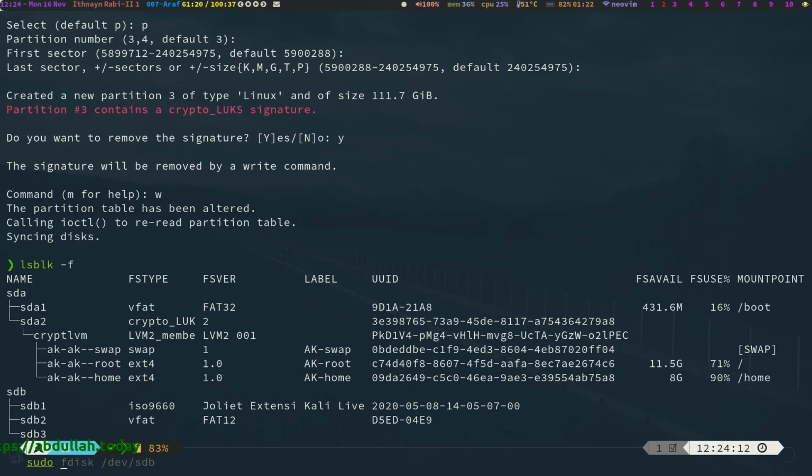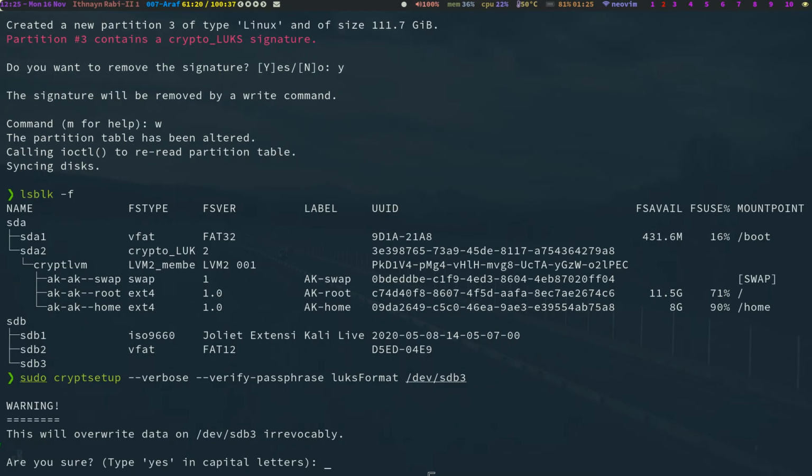For that we use cryptsetup, sudo cryptsetup, and we want it to be verbose and verify the passphrase, and we want it to format: luksFormat. Then the device, sdb, and give it the partition number which you want to encrypt. I want to encrypt the last partition, which in our case is the last partition.